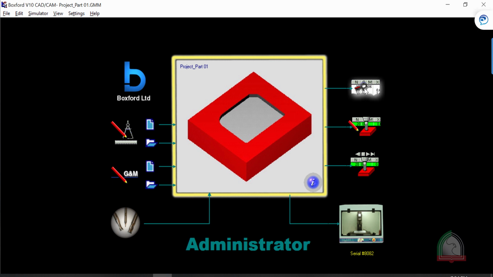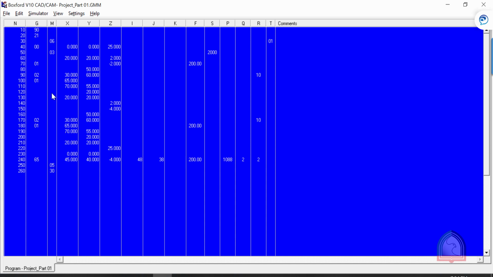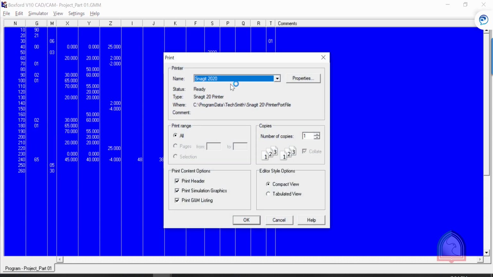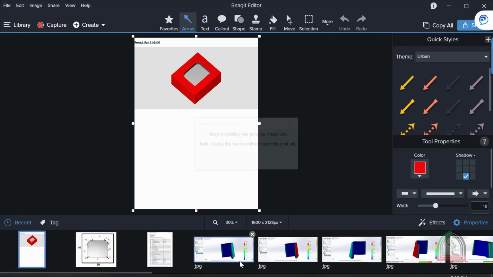the full program. Click. So this is the program that we created, and in order to submit it, what you need to do is go to the file and then print it. There is no option to save it as a PDF, but you can save a PDF by using the print option. Click on print. So here the compact view is fine, or you can go with the tablet view. Tablet view means you will get exactly like this. I prefer to go with the compact view. Click OK. Then it will be updated.